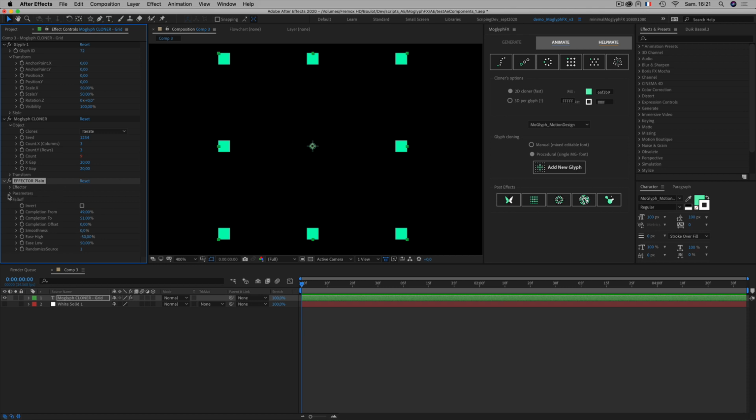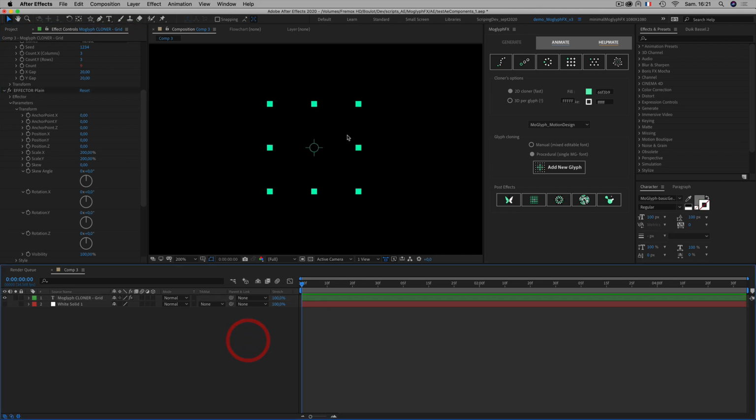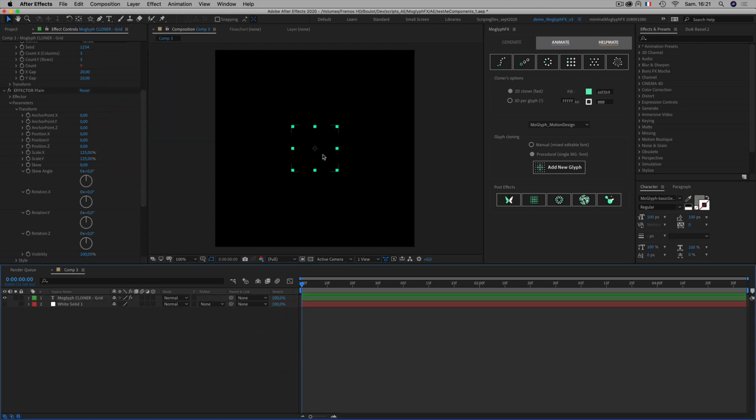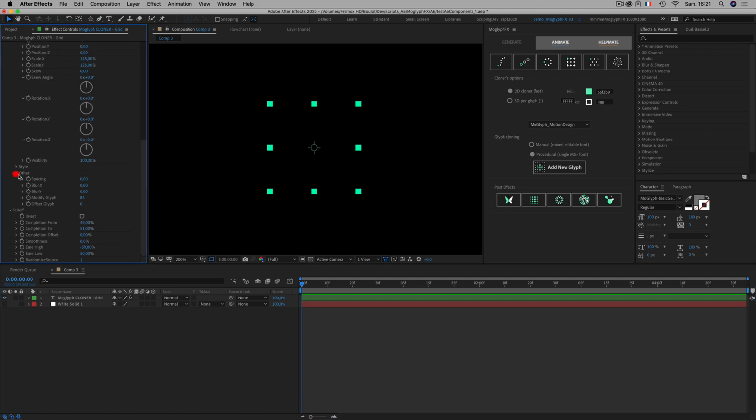So I can then deploy the parameters of the effector plane, go to transform, and you can rescale it as you want. So you can go crazy and add this kind of settings. It's a bit too much. I would prefer something a bit smaller. Okay, and if you find it too thin, you can even play with the, so let's twirl up the transform,